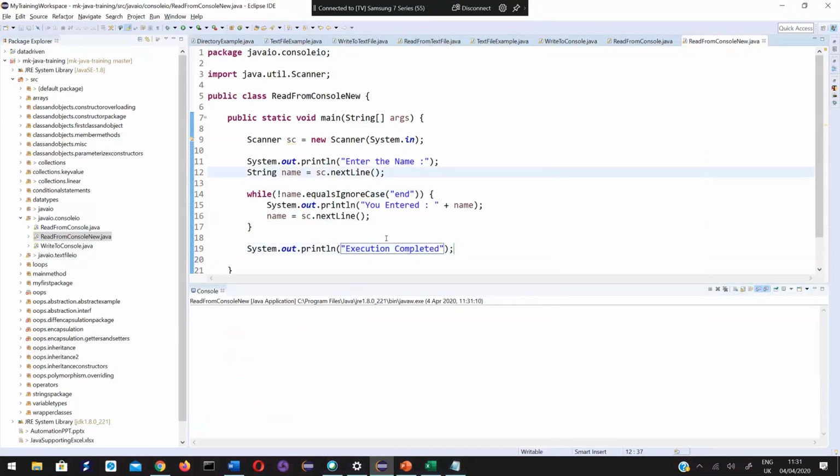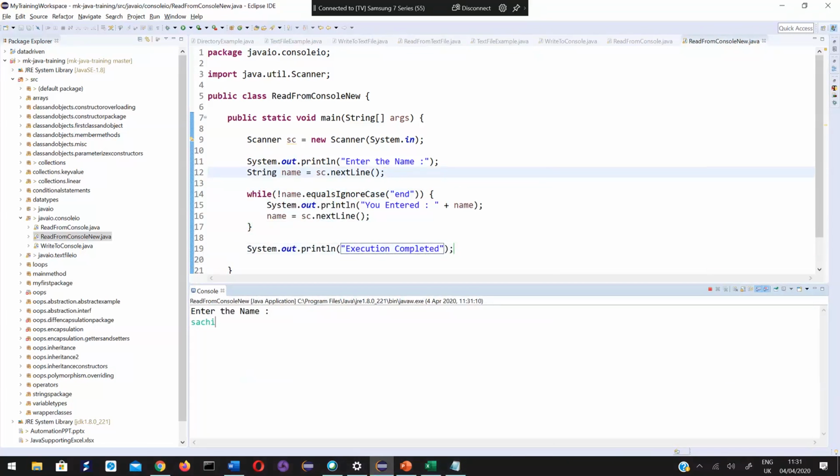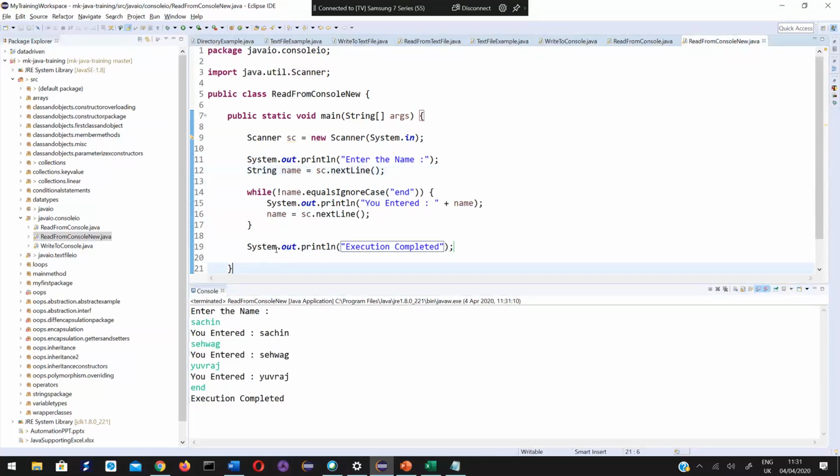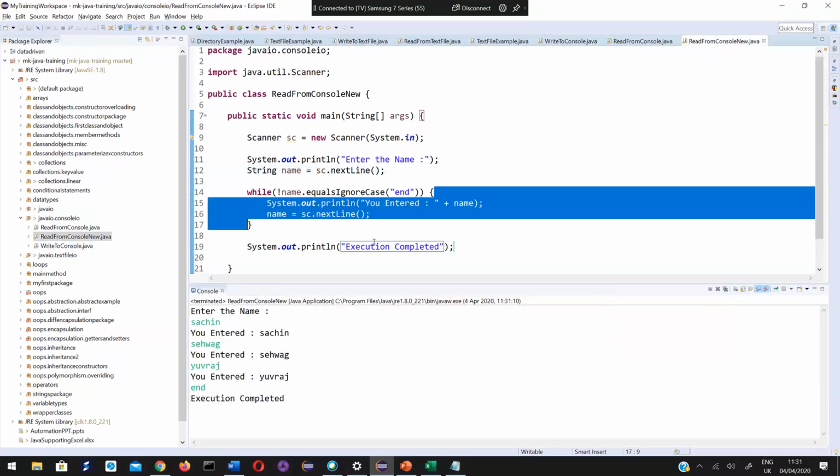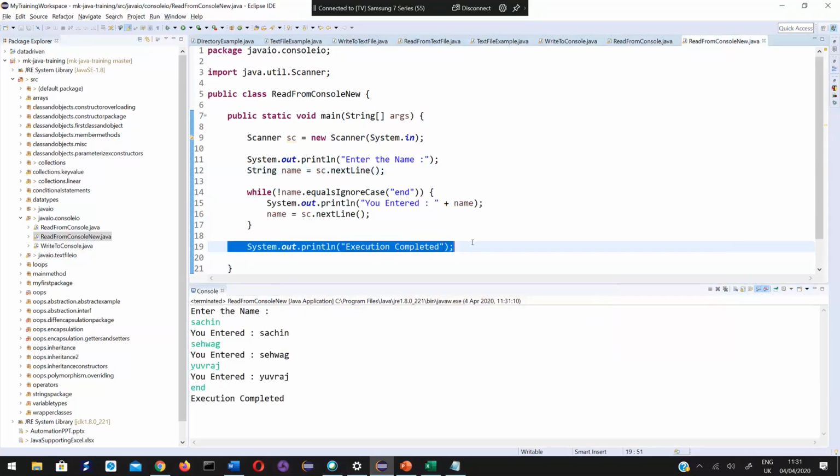First enter a name here: Sachin, Sehwag, Yuvraj. Then when I give end, it doesn't wait for me, it doesn't expect any value from console. It simply skips the while loop and executes the next line.